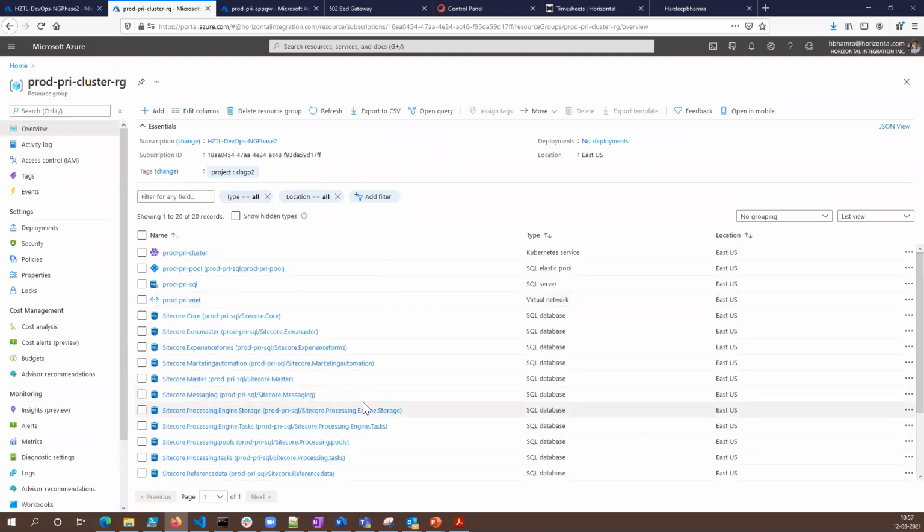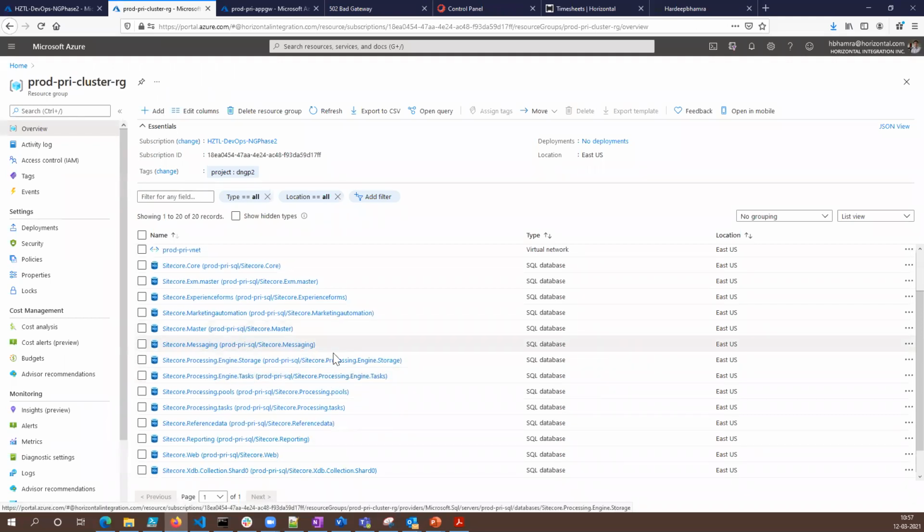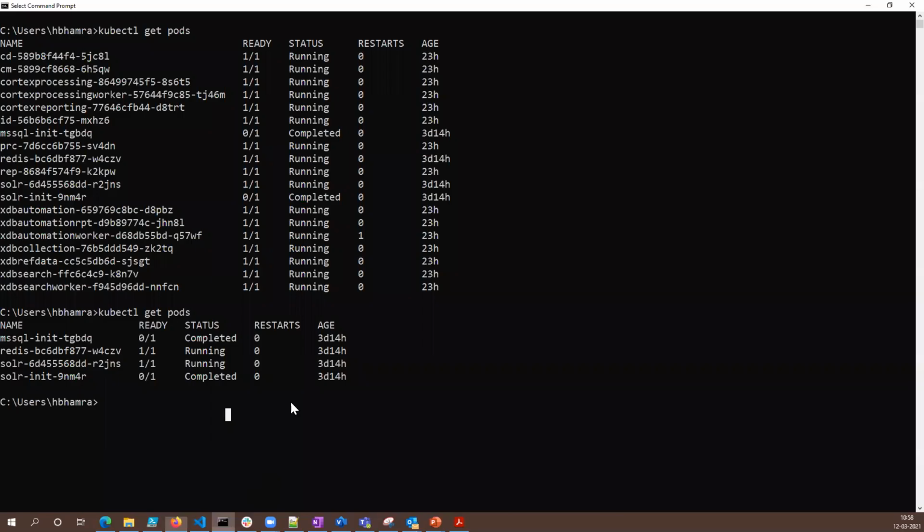Now, why am I doing it that way? Whenever you run the Azure SQL, it takes about 20 to 25 minutes to create all the databases. Even if you have experience working with Azure Platform as a Service, if you have been deploying Sitecore on Azure Platform as a Service, you will understand that the SQL always takes time to deploy. To save some time, I wanted to have it already pre-built and pre-installed. That's the reason I'm not doing it. Maybe in the future, we can also have a topic on that. So that's one thing that I'm not doing.